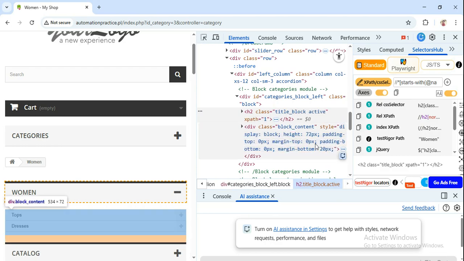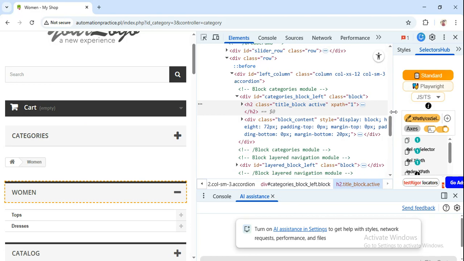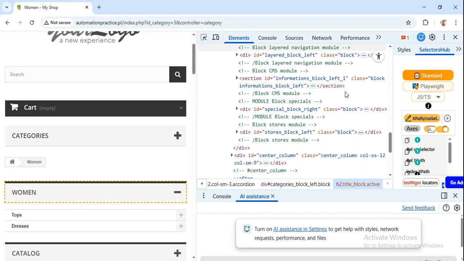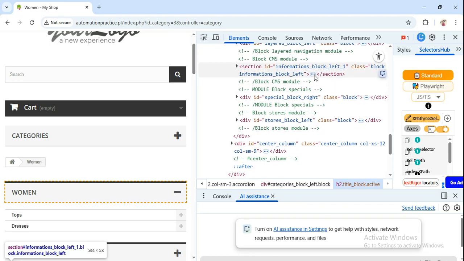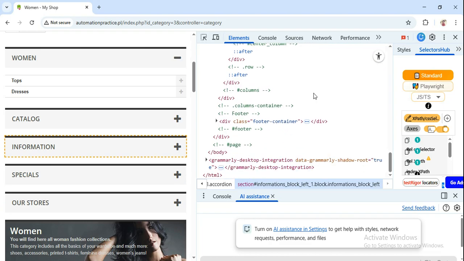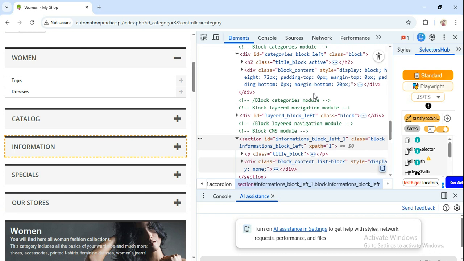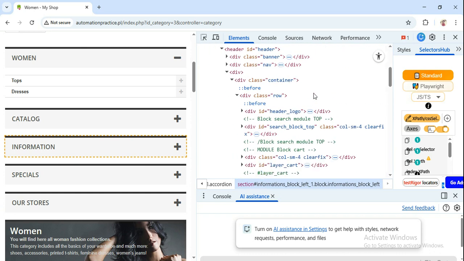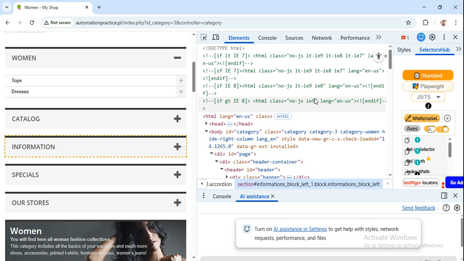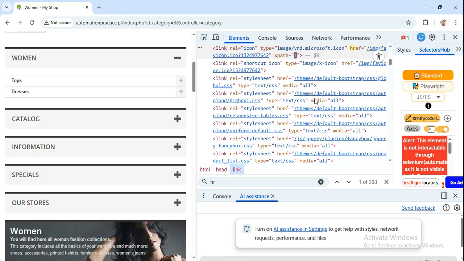Yeah, here it is matching. Block of content, margin top, margin. This is not this one. We need the text. We need the hyper value, those kinds of things we need. Let's look into here. Search logo, container, category women, or else we can search with href. Here you will have,